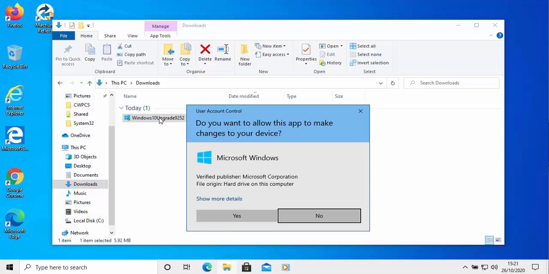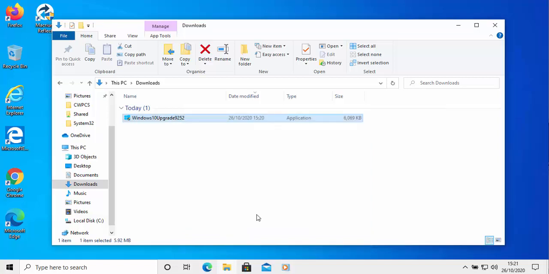Well, as long as it says Microsoft Windows and the verified publisher is Microsoft Corporation, then it's okay to move your mouse over yes and left click once. If it doesn't show that, then click on no and do not proceed. Right, so I've just clicked on yes. And this bit, like I say, might take a little while, just depends on the speed of your computer and